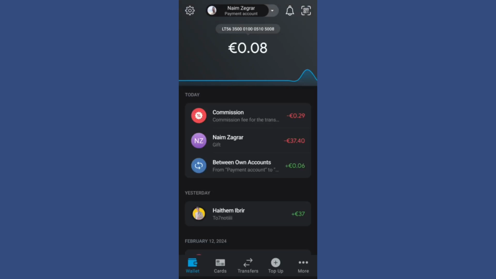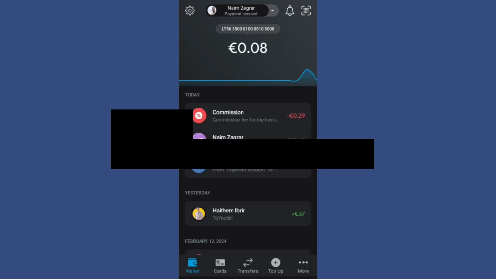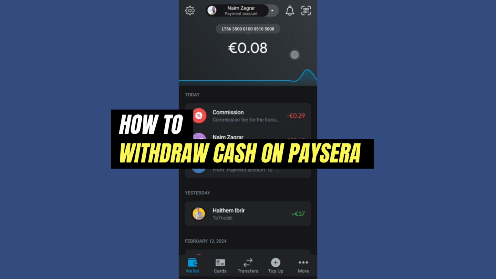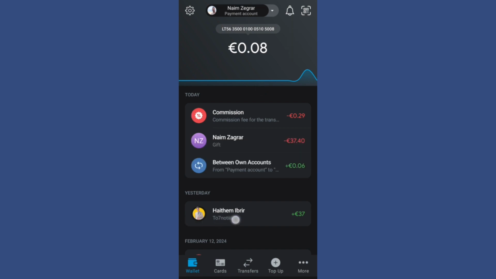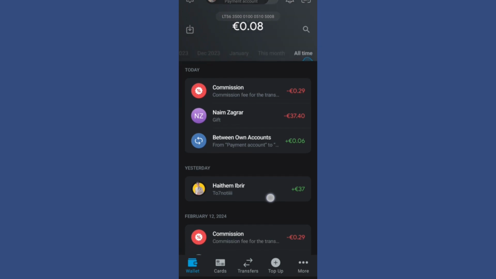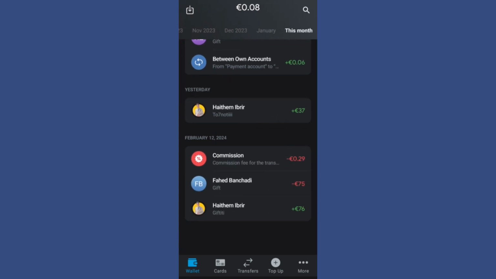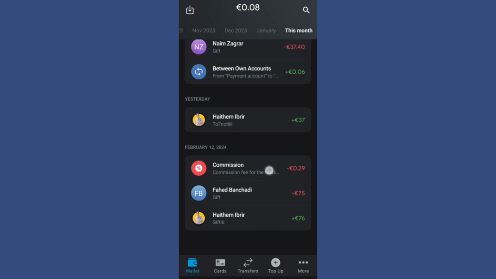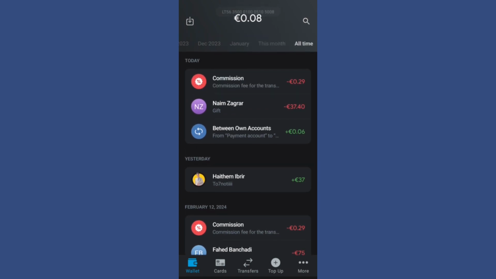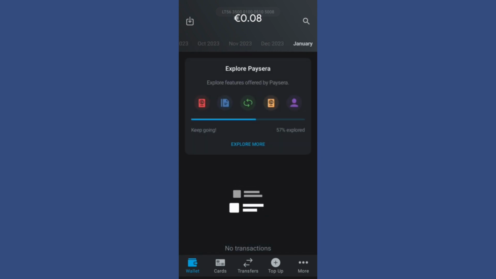In this tutorial, I am going to show you how to withdraw cash from your Paysera account. This tutorial will guide you through the process of withdrawing cash from your Paysera account. This service is available for individual account holders and can be conveniently accessed through the Paysera mobile app. Follow these steps to withdraw your funds